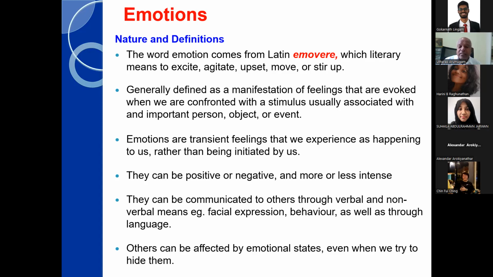For instance, if you sit in an interview, people look as though they are very calm and relaxed, but really they are not. You can look at the waist down for body leakage, meaning they can control their facial expression, because they're quite comfortable conveying they're okay, but you find that the body leakage is important to notice. They can be communicated through verbal means or in language. Others can be affected by our emotional state, even when we try to hide it. Of course, we can't always hide emotion in the way that we think.